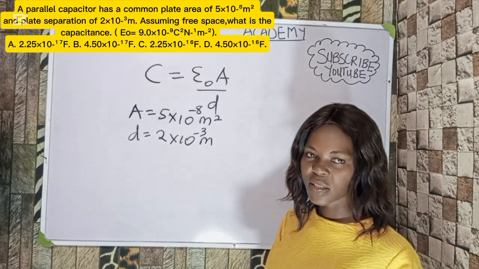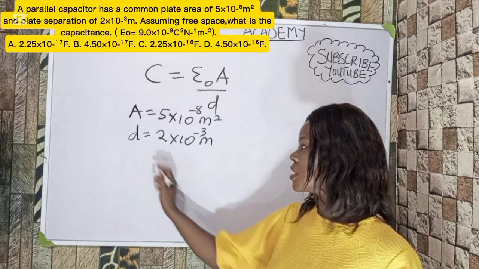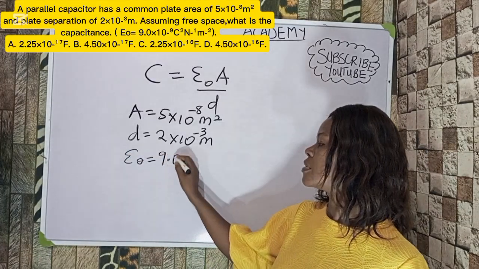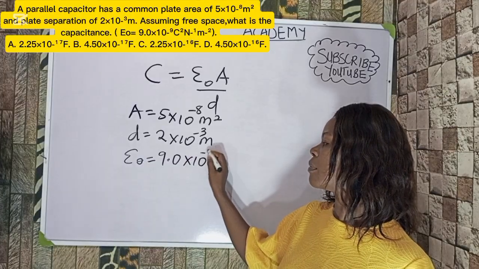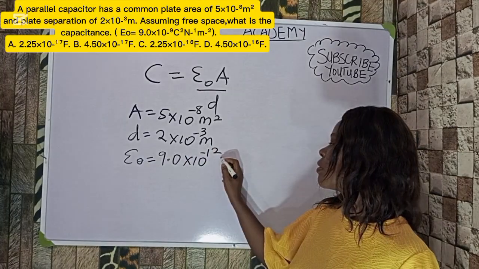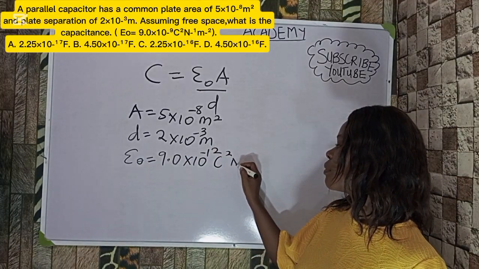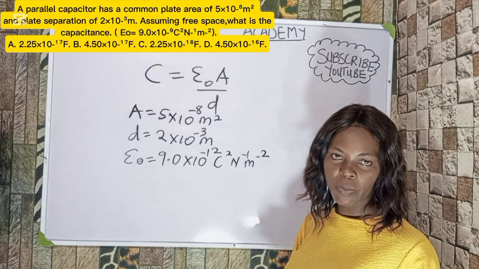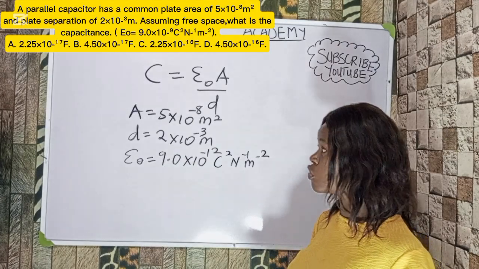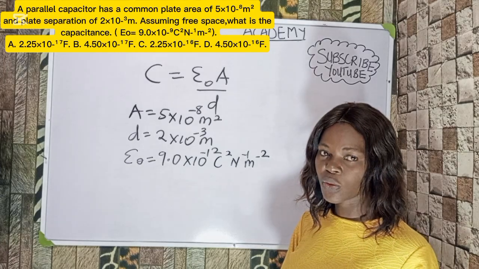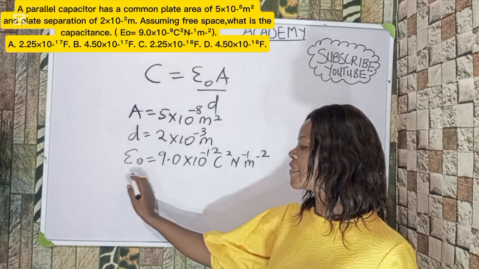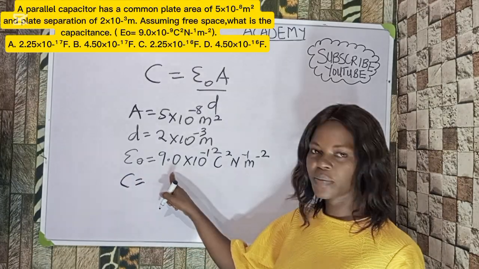Now we are given that the constant, the permittivity of free space, epsilon 0, is 9.0 times 10 to the power of minus 12 farad coulomb square per newton per meter square. So that is the value of the permittivity of free space. What you are going to do is just substitute into what we have, and we see our answer smiling. So let's go. The capacitance of a capacitor is equal to epsilon 0,